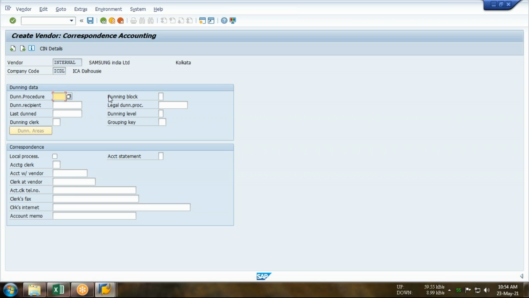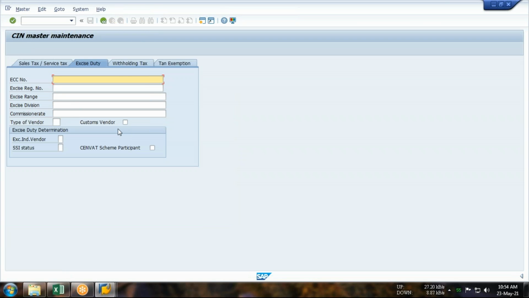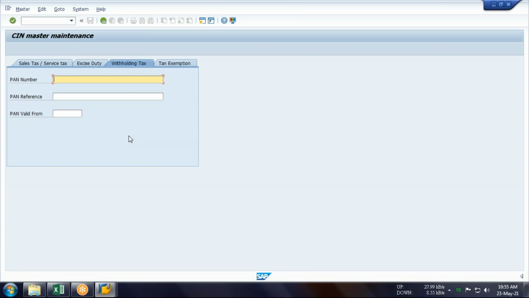Okay. And there is an option called SIN details. So guys, for the vendor taxation part, since my server is not a GST enabled server, there is no GST. But we know that before GST there were service tax and excise duty. Withholding tax defines the TDS. So here, under the withholding tax tab, you can maintain the PAN of the vendor.